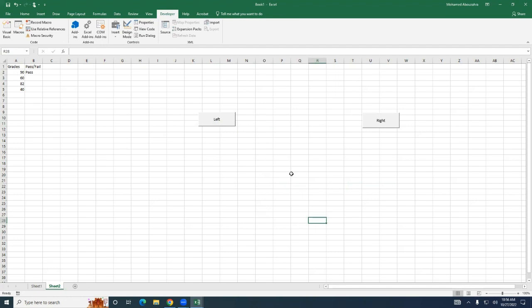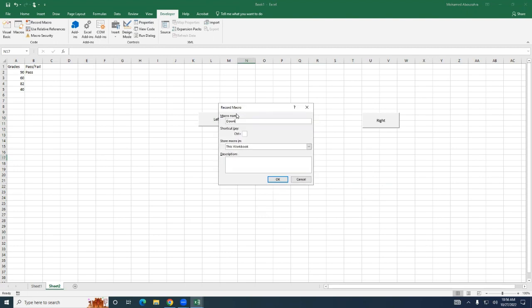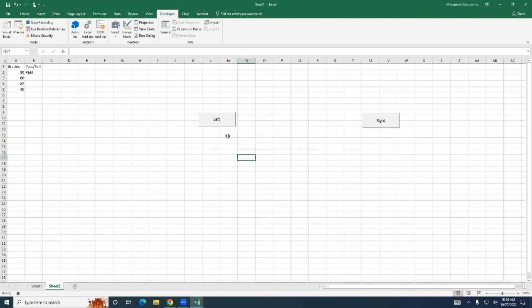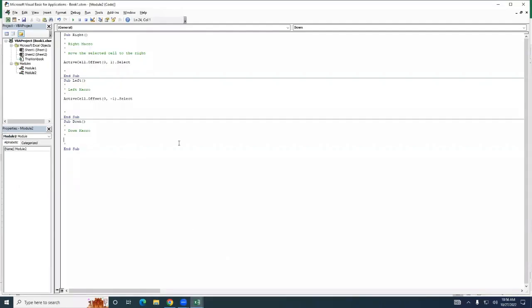I can play around with this as much as I want. Okay, let's do an up, or let's do one down first. So again, I'm going to record a macro called down. Stop recording. Go to my Visual Basic, and I am going to